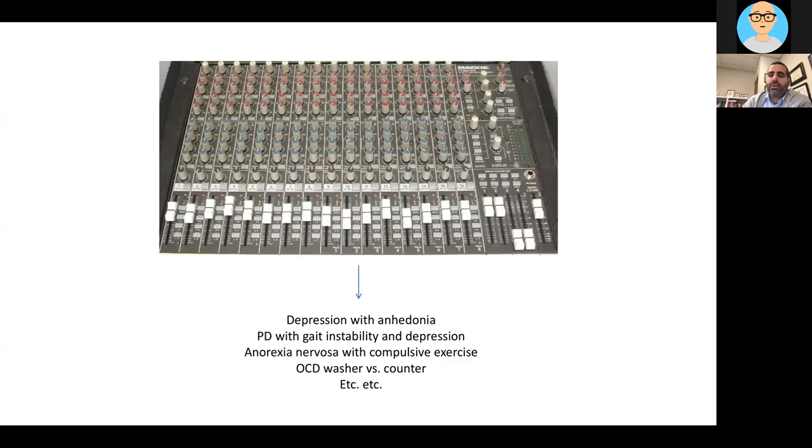And this alludes to the earlier point I made about depression being a much more complicated disease than something like Parkinson's, where you may have multiple circuits that are dysfunctional at the same time. On the surface, that may look like it makes the condition much more complex, but in fact, it may allow you to tailor your treatments to a specific aspect of the disease. So for example,